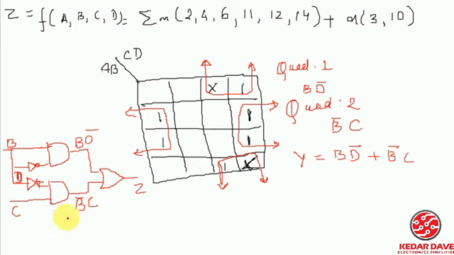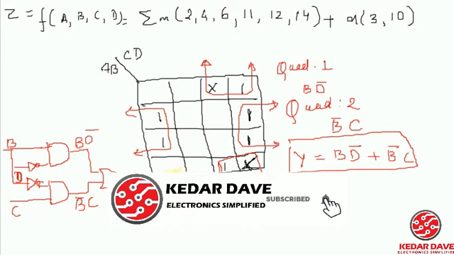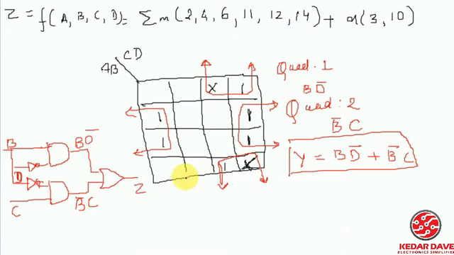Okay, so this way don't care conditions can be done, and it should be followed, right? So this is the basic example of don't care conditions, and this way the don't care Karnaugh map can be made. So after this, all of you are getting the particular idea about the Karnaugh map.